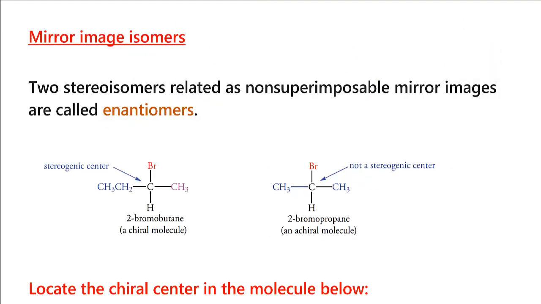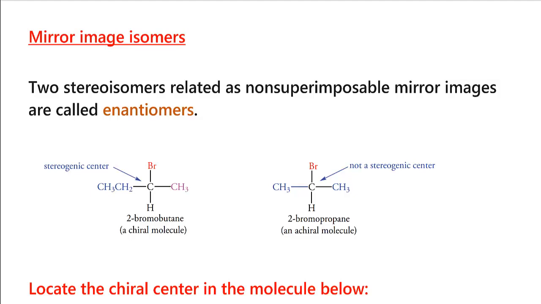In the beginning we discussed that if the placement of groups is different, then we have stereoisomers. One kind of stereoisomer is the geometrical stereoisomer. Another is the mirror image isomer. And we discussed the terms chirality and achirality. So if we have a mirror image that is non-superimposable, then I have a chiral carbon. If I have a chiral carbon, the object and its mirror image are two different things. They are not the same. So what are they called? They are called enantiomers.